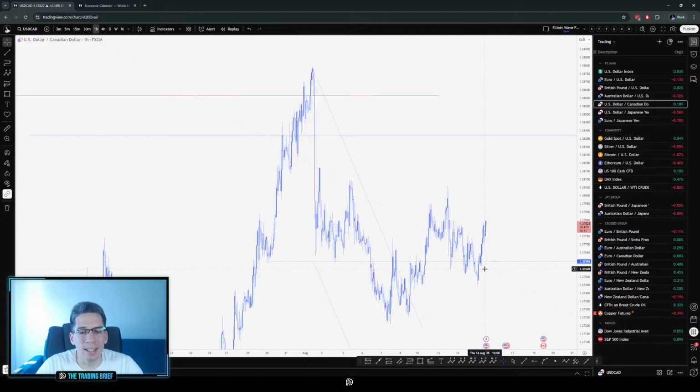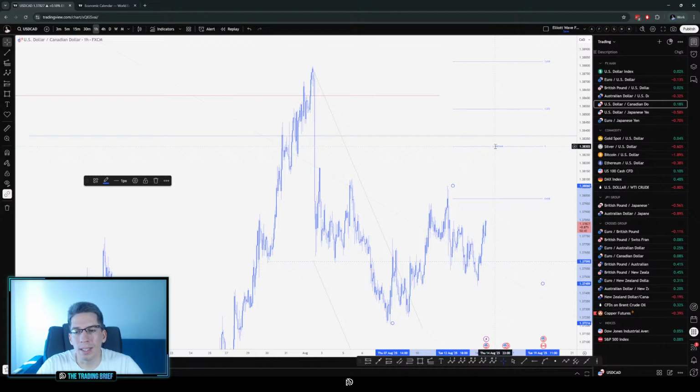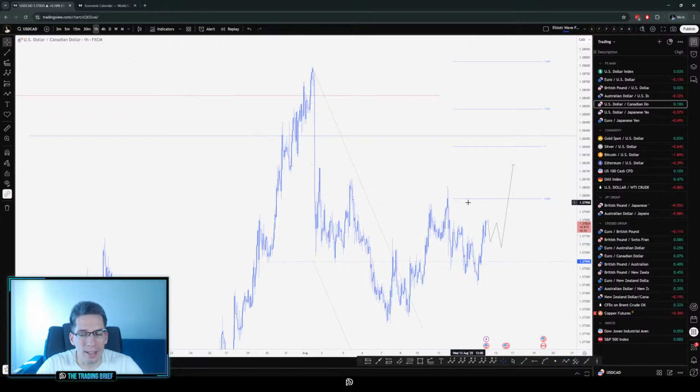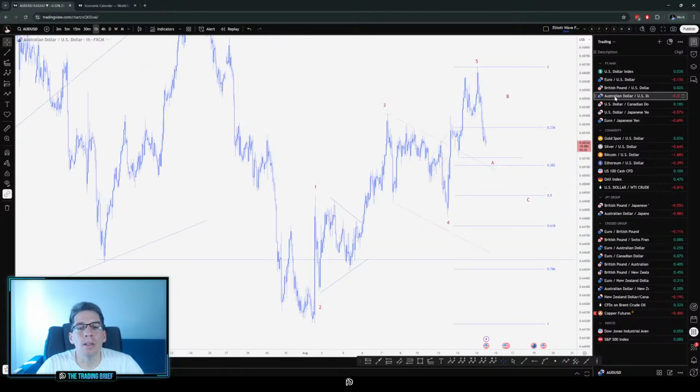I really believe that we are going higher and that we can treat this part as some sort of a simple A, B, and C. As we are going to see that 138. And for trading, I'm fine only if I see a decent 3-leg move pullback and then look for a long place. The setup is similar to here